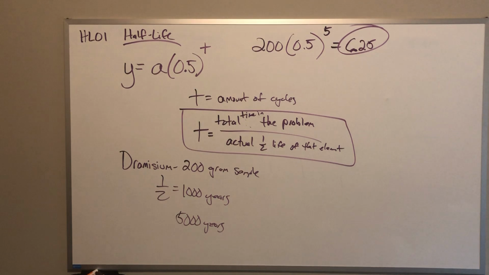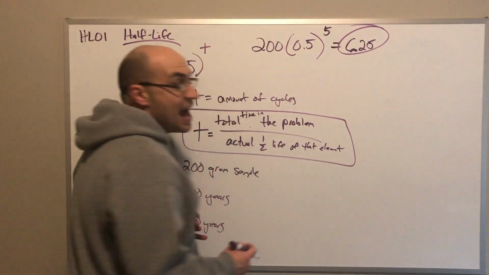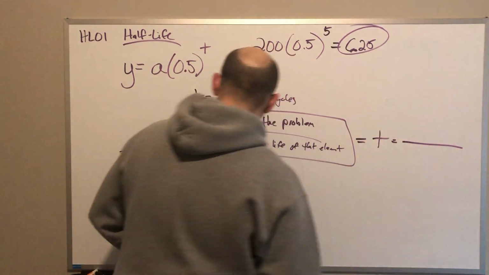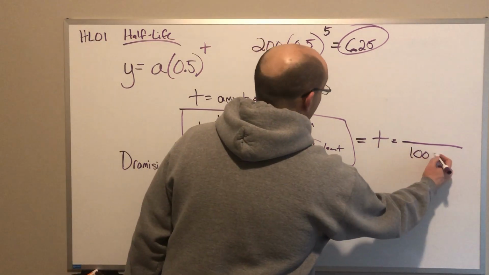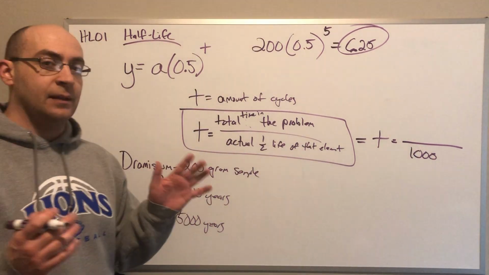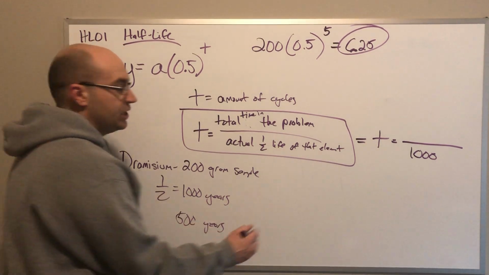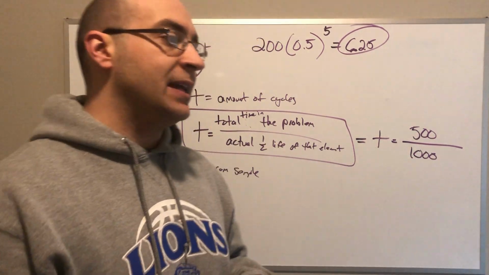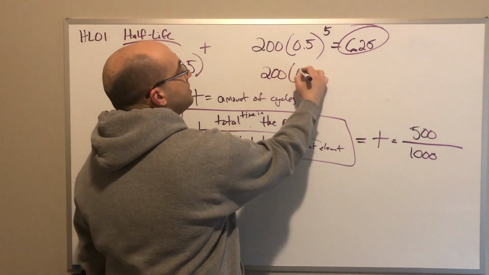Now, it gets a little tricky when I give you a half-life, but the amount of time that goes by in the problem is less than the half-life. So for example, let's continue to use this fraction, right? t equals. Let's say we use the same problem and I say that the half-life of dramysium is 1,000 years. Remember that the actual half-life of the element is in the denominator. Well, what if I only wanted to see how much was left after 500 years? It's still a fraction, you're still simplifying it, and if that's a decimal, you're putting that in the calculation. So this is going to be 200 times the quantity of